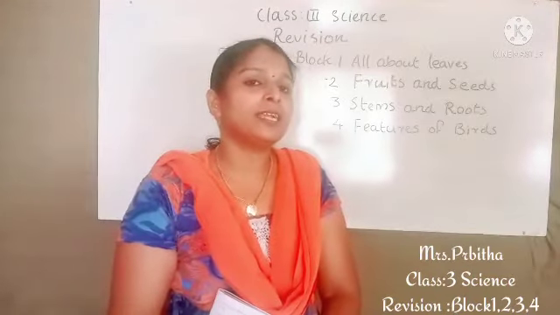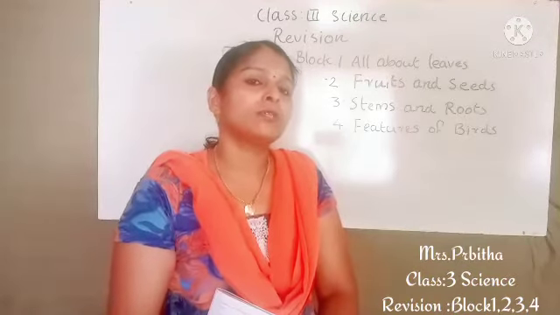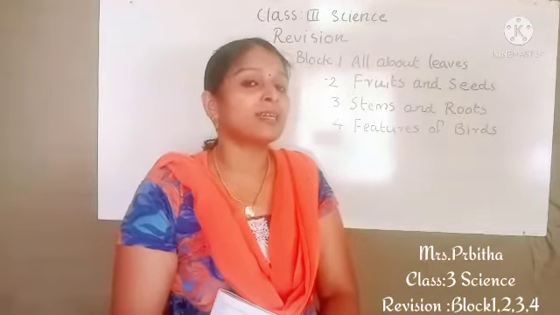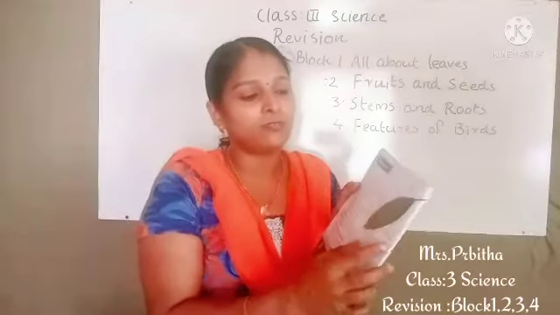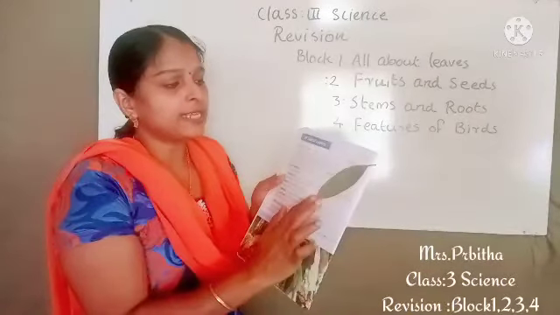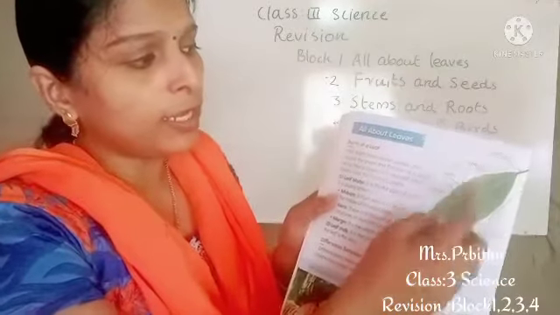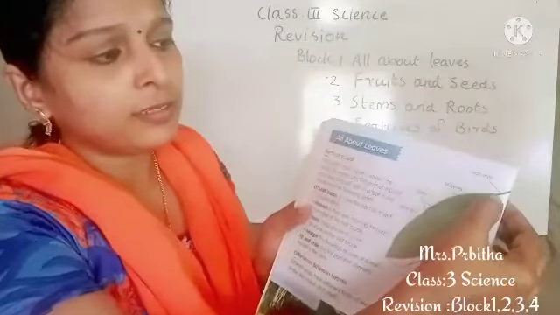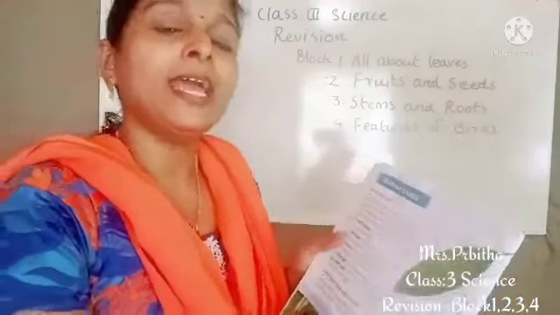Then the last part we studied is stalk. Stalk connects the leaf to the stem. Which part of the plant is connecting the leaf to the stem? Yes, it is stalk. So these are the different parts of a leaf. This full part is the leaf blade. The second part is margin, the edge or end. Third, veins. The lines on the leaf blade are called veins. The line that passes through the middle of the leaf blade is called midvein. And this small part we can see here is the leaf stalk. The leaf is connected to the stem by the leaf stalk.